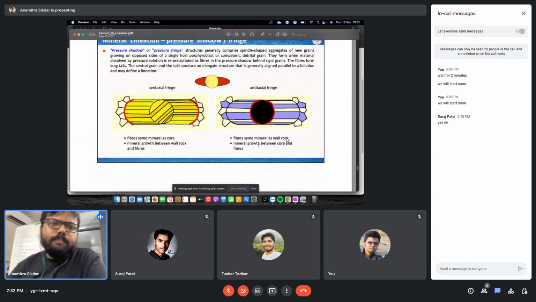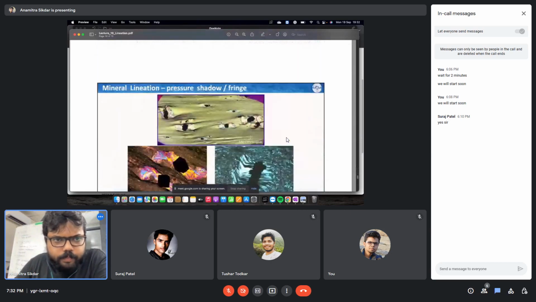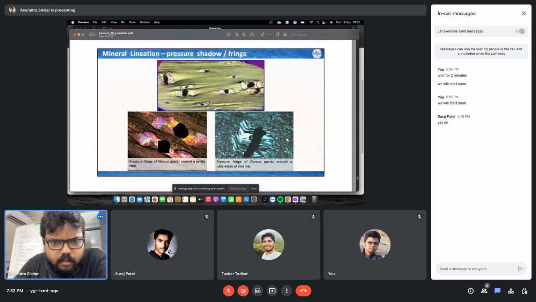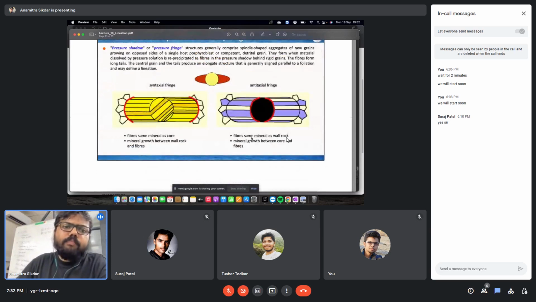So the picture is not very clear here. So what I can say is, suppose, what is a wall rock? A wall rock is basically, say for example, maybe a host rock, you can say here. So this is the core, maybe this is called the core, and the fibers of the same mineral. So the same mineral will elongate, right? So this is syntaxial, but here suppose this is garnet, and an entirely different mineral will be deposited here,